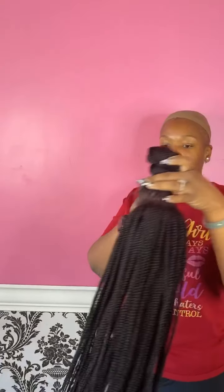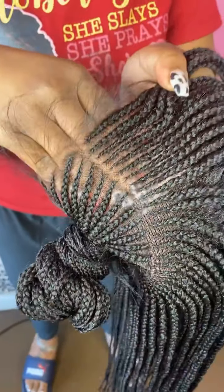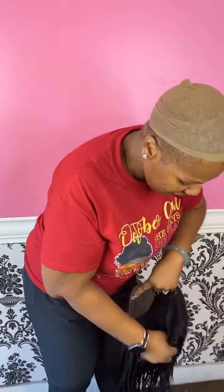All right, so we have our first 4 braided wigs available. Our first wig today is wig number 550. This is unit number 550. It is a top knot braid cornrow wig, and pay attention to how neatly these braids and parts are here. This is quality hair braiding right here. This is wig number 550, available at